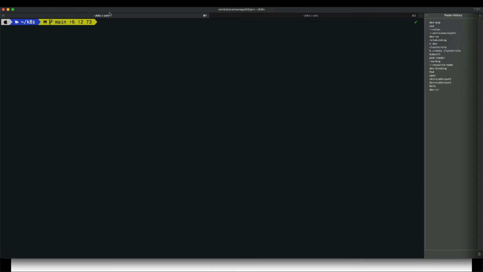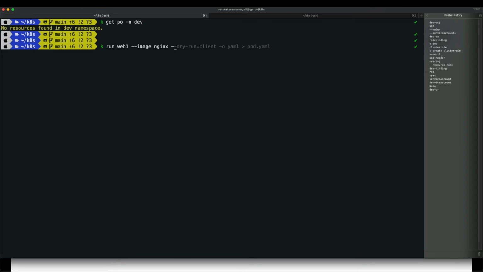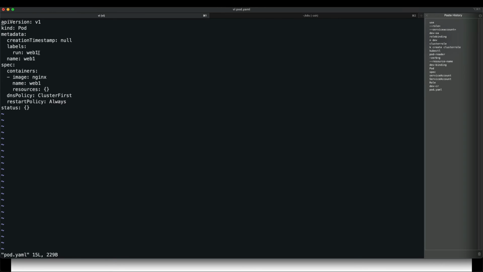So what I will do here, right, kubectl get pods in dev namespace. So there are no pods. So I will try to create a pod. kubectl run web1 --image nginx and --dry-run=client -o yaml > pod.yaml. So I will create a pod manifest file rather than the pod directly. So then it's created, right? So now vi pod.yaml, right? Now this pod yaml file, right? So what I will do is